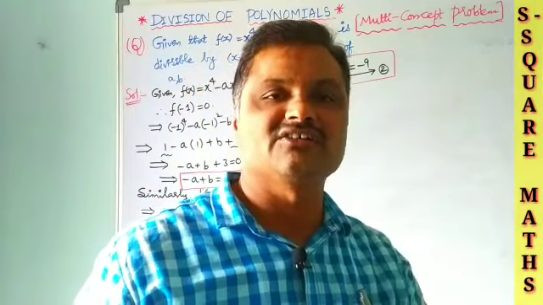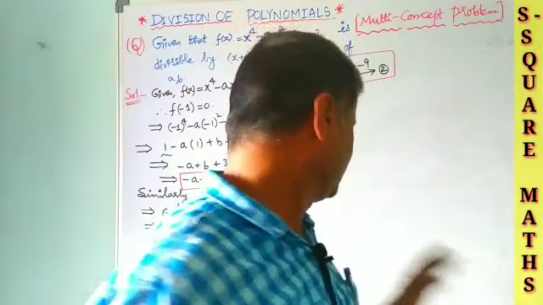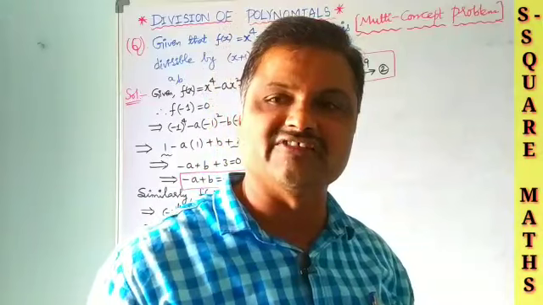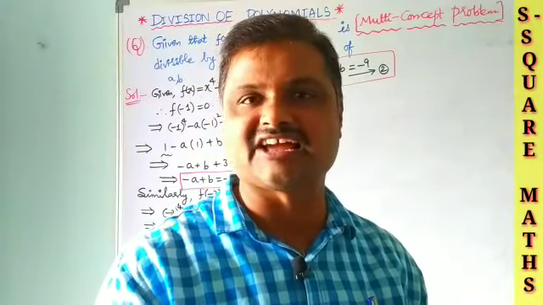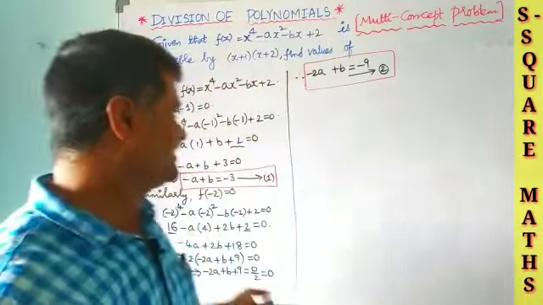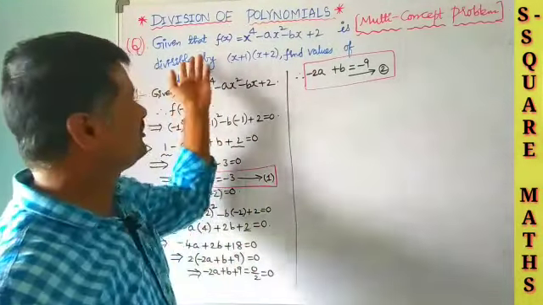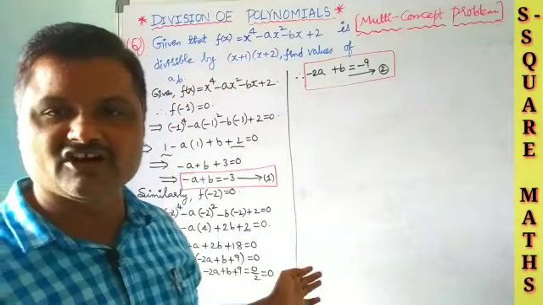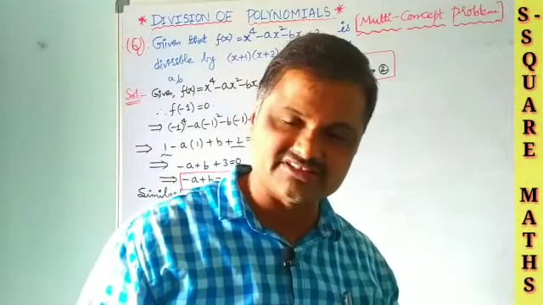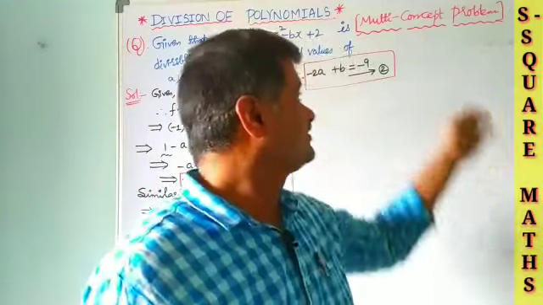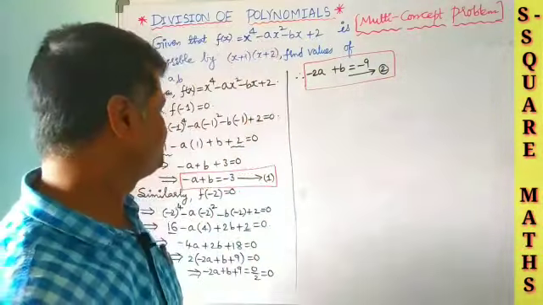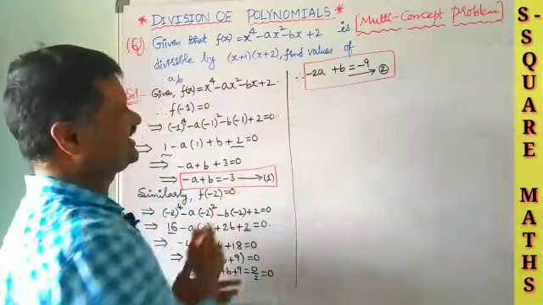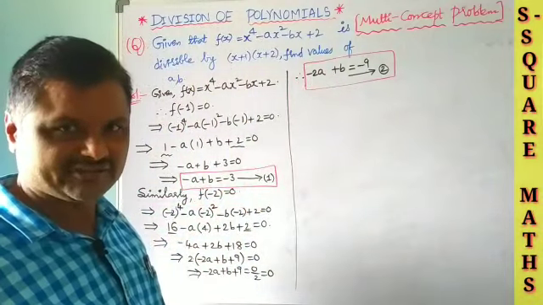variables, which we learn here in 10th standard, and you know very well there are various methods: elimination method, substitution method, graphical method, etc. So like this, as we are discussing polynomials, here we got a pair of linear equations in two variables, nothing but one more concept. That's why it is said to be a multi-concept problem. So now, solving equations 1 and 2, we are going to get the values of a and b.